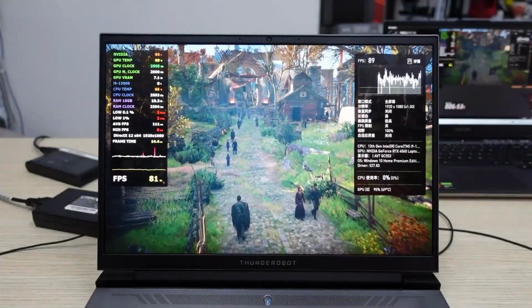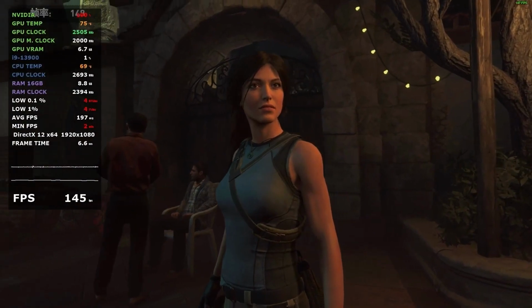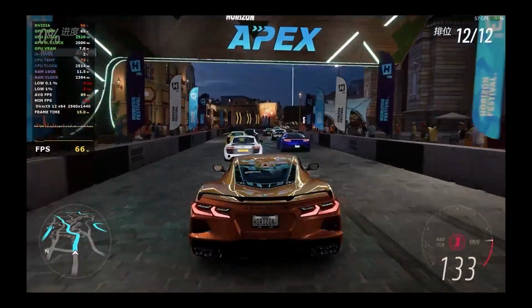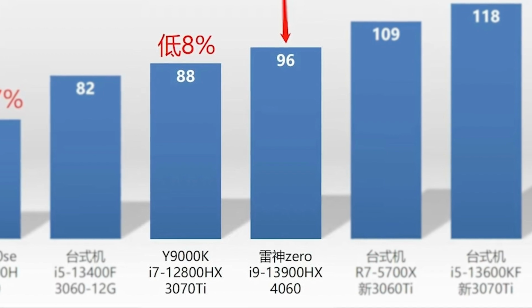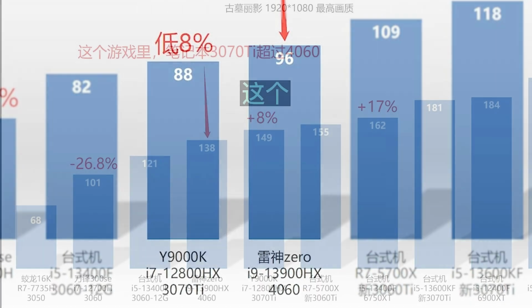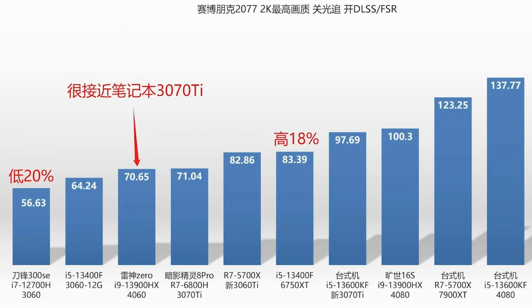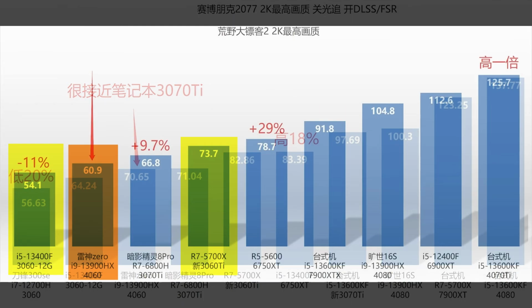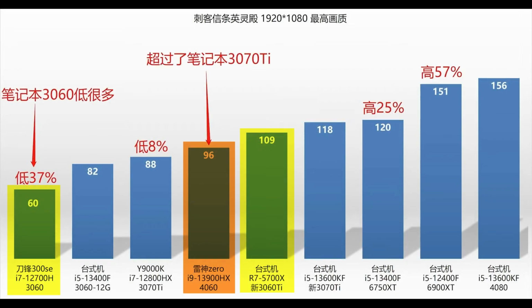The GPU was tested in several AAA titles that included Assassin's Creed, Tomb Raider, RDR2 and some other titles like Forza 5 and Cyberpunk. It was consistently competing with the laptop RTX 3070 Ti, but when compared to the laptop RTX 3060, it was 30% faster on an average. The laptop 4060 was always falling between the desktop RTX 3060 and the 3060 Ti, but what's more important to see is